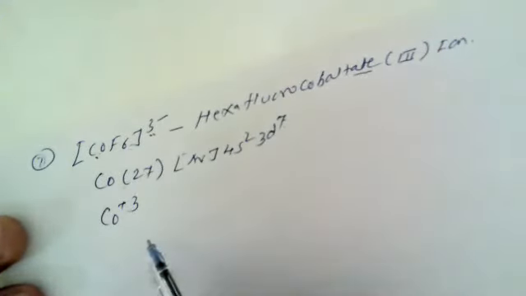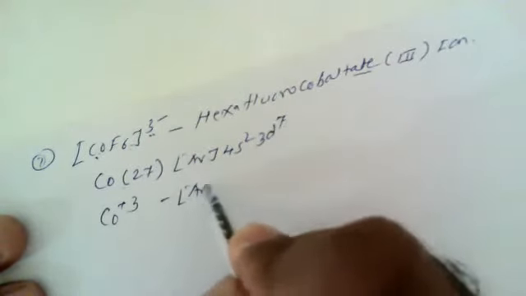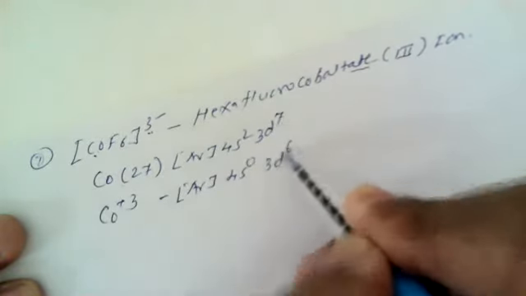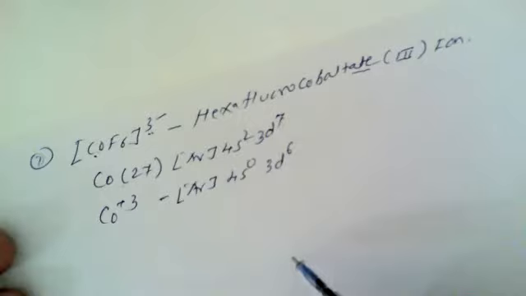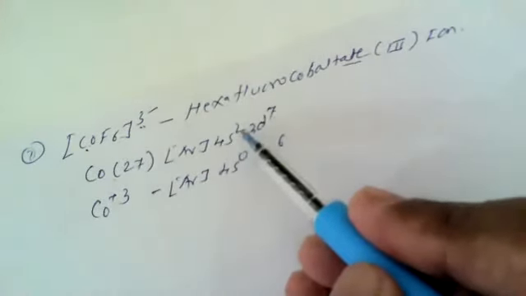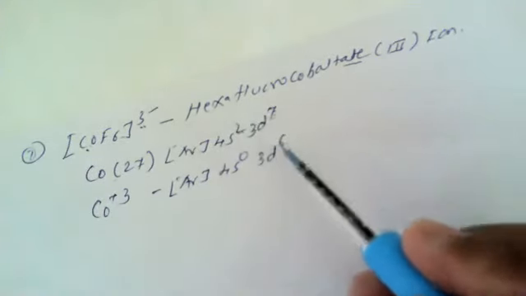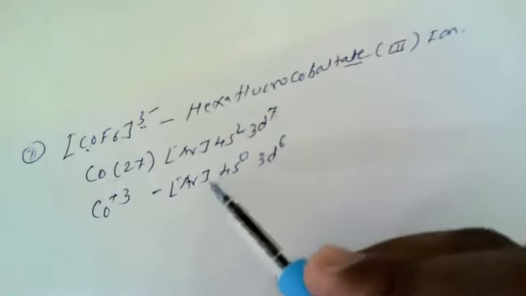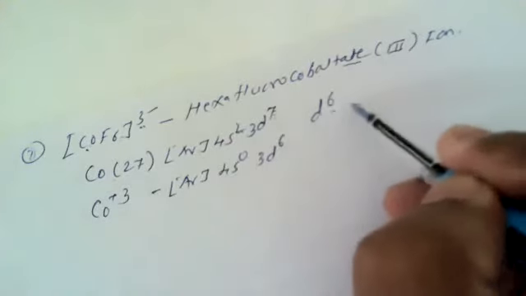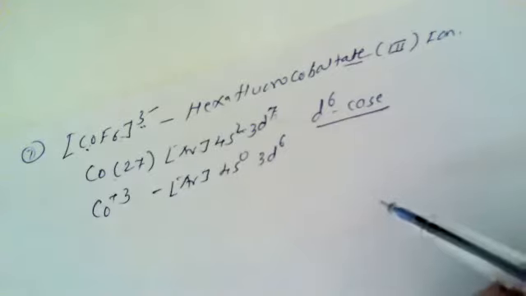As we know, the primary valency corresponds to the oxidation state. So the electronic configuration for cobalt plus 3 ion is 4s0 3d6. How does it come? It loses 2 electrons from 4s, which is filled at calcium atom number 20, and one electron from 3d7, which becomes 3d6. So for cobalt plus 3 it is 3d6. So it is an example of a d6 case. Yes, this is a d6 case.